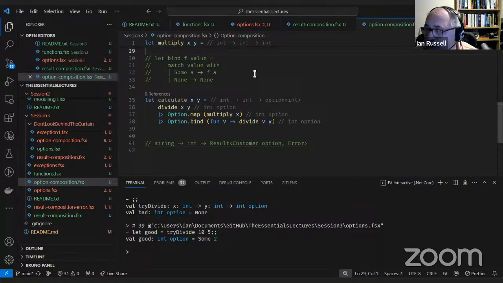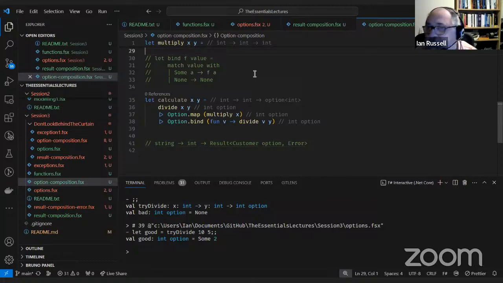Whereas if you've got things like results or options, the signature tells you what that function does. So throwing exceptions or raising exceptions, you don't know that the function's doing that by looking at the signature. You have to actually look inside the code to know what that function's doing.